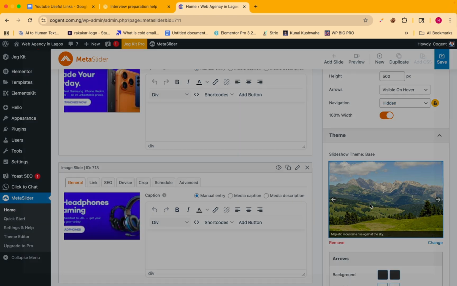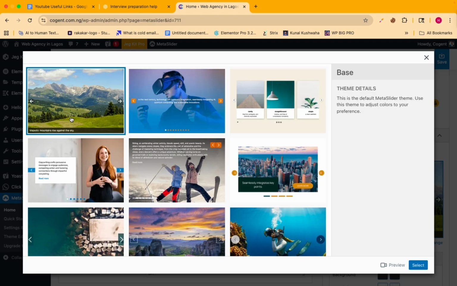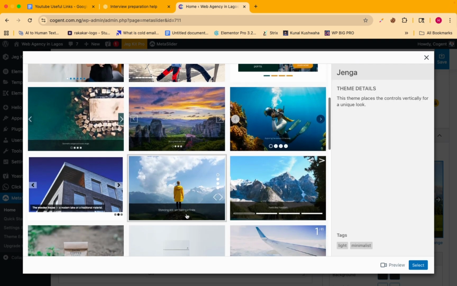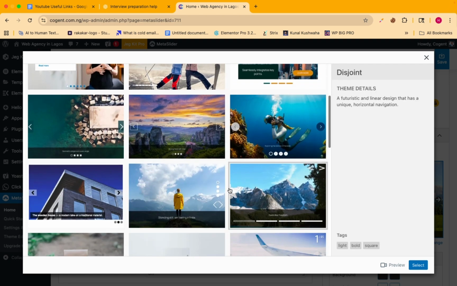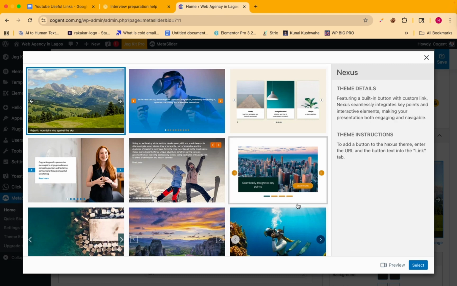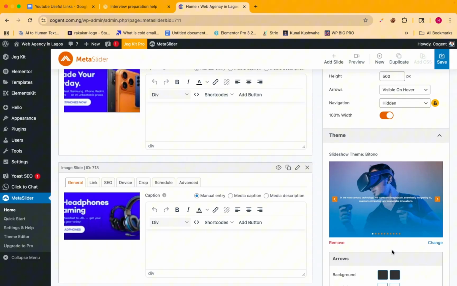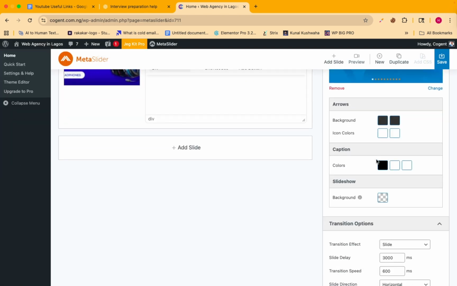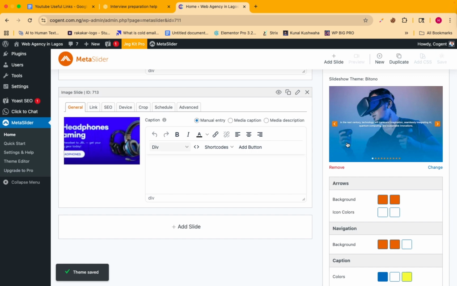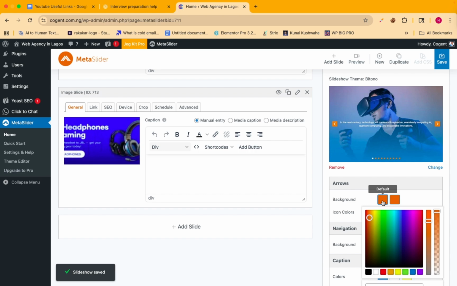So here you can start to change your theme. You can use this or this or whatever theme you want to use. You can see we have different kinds of hero banner or section banner. So here I want us to stick with the default banner, or let's use this either. Let's just make use of this. I'm going to use this. So here you can change the color of your arrow. Let me see. I just want to make this color blue, and I will also make the other color blue. All right,